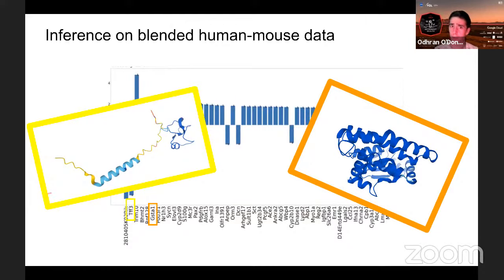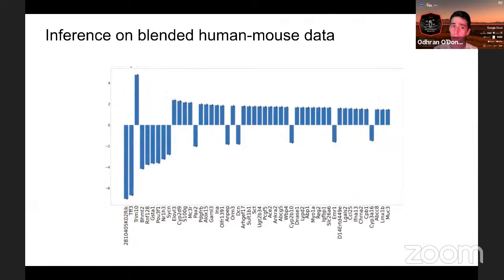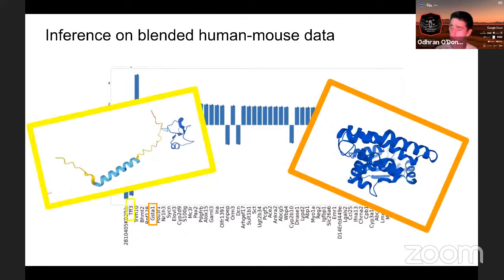And so this model had 2,000 genes fed through it, and it pulled out these in the top 10. This does lead us to think that we should investigate what other genes have been pulled out by this model as well, particularly looking at things like TRIM10. And so if we have this result already here, this is really good for us.